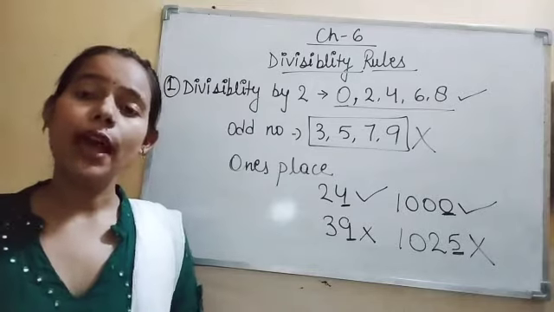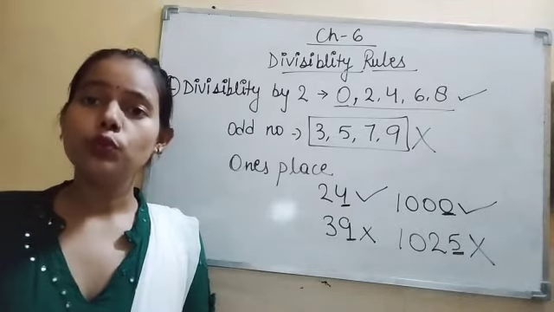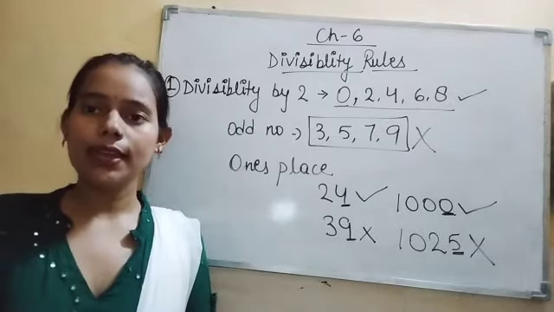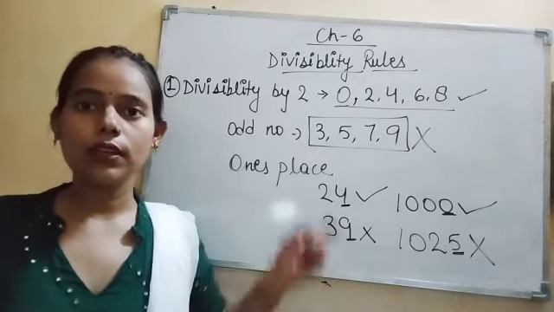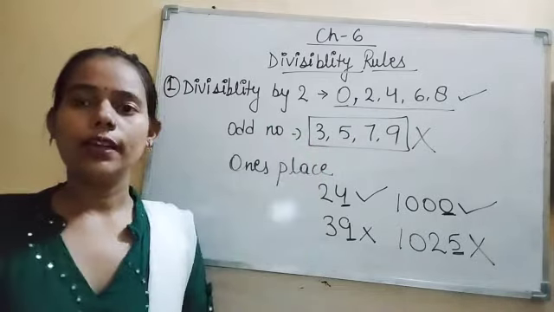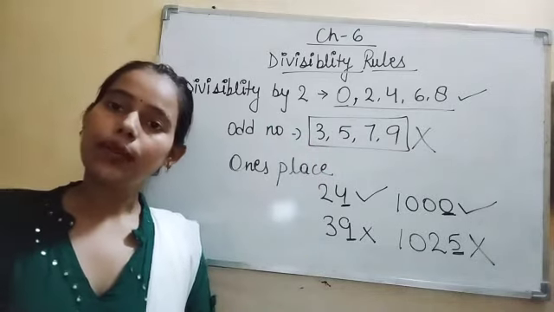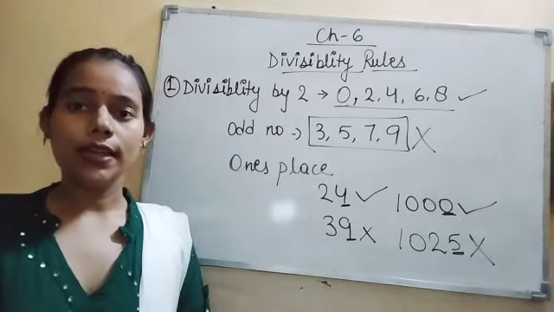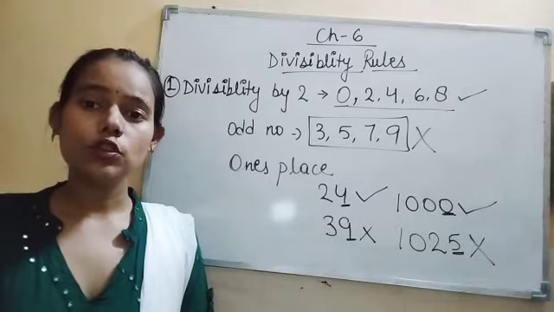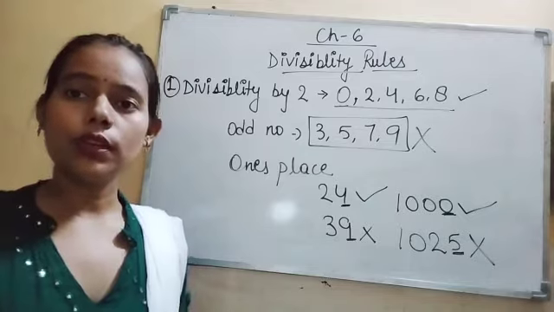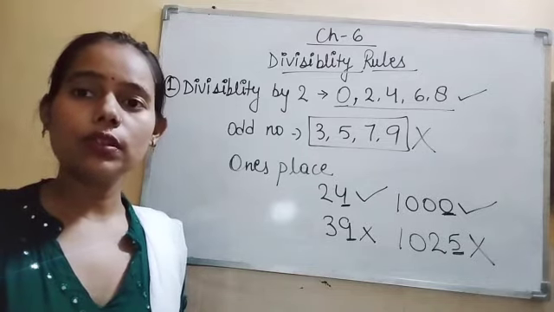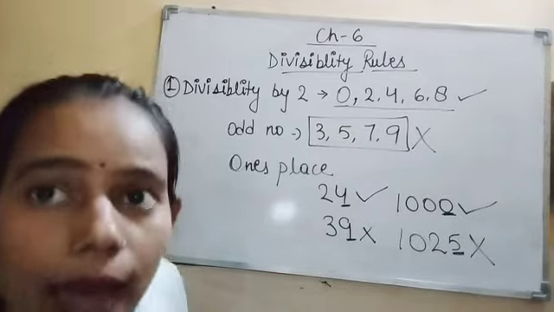So class, if we have 0, 2, 4, 6 or 8 on the ones place, we can completely divide the number by 2. Otherwise, if any other number is written there, we can't divide it. So class, these are the rules for 2. Now class, let's move forward to the next rule. Our next rule is divisibility by